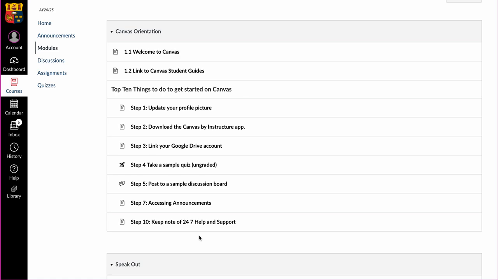So that's a short introduction to Canvas to get you going, and obviously further updates will follow. If there's anything that's not clear, anything you've got a burning question about, think about putting it in the discussion board. So I can answer it, or another student can answer it if they know. And again, we share that